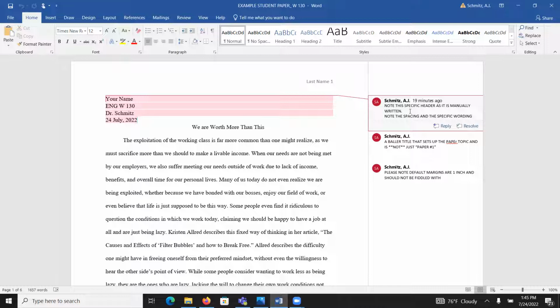And I want to actually point out, this is how it is supposed to be written out. It's not just numbers. It's not July 24th. It is 24 July, comma, 2022. Now, that's today's date. You will do it for the date that it is due. This is exactly how your header is supposed to look. And the last thing that I really want to make sure